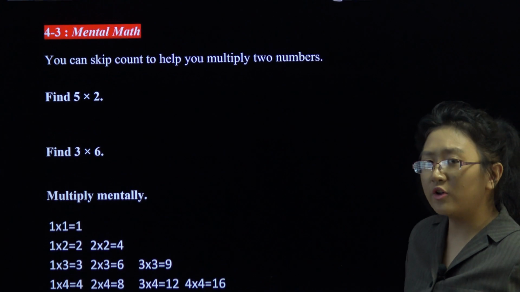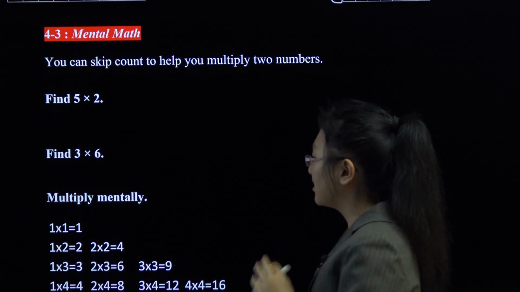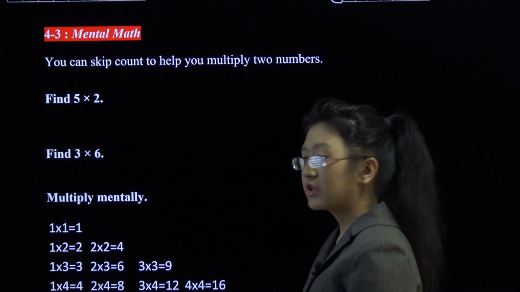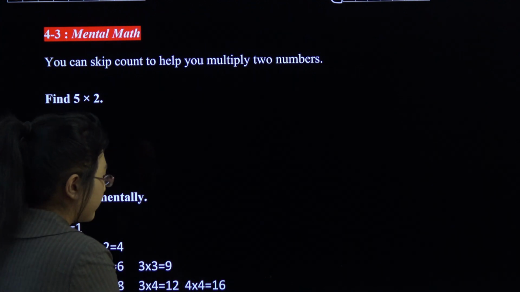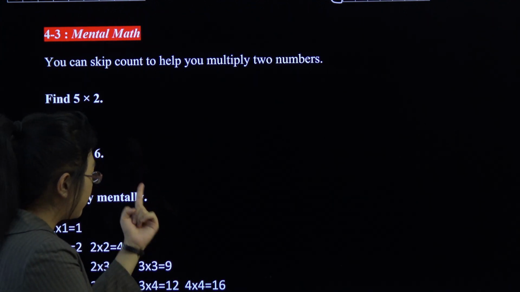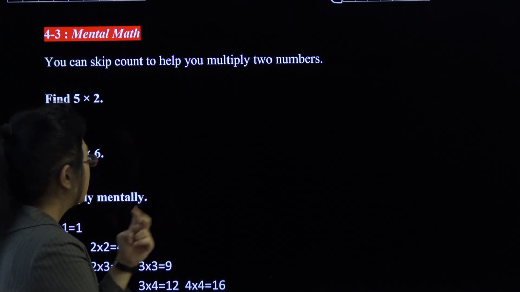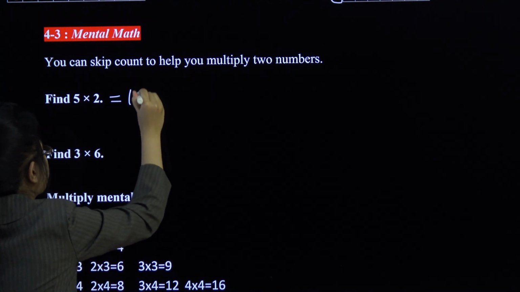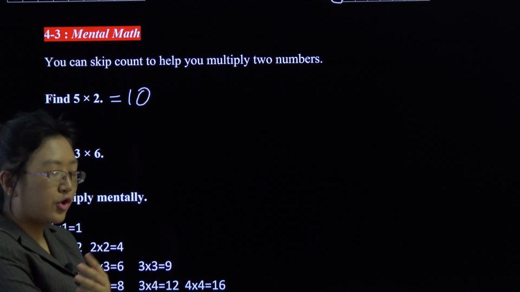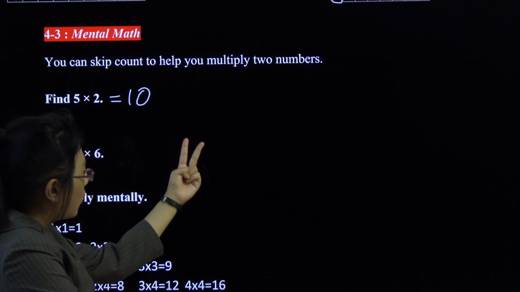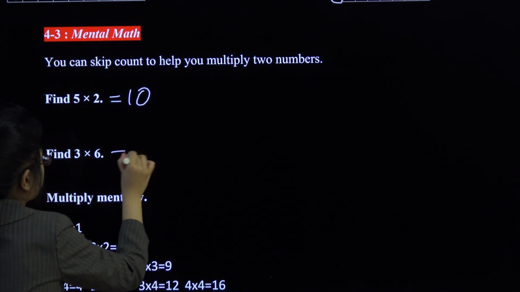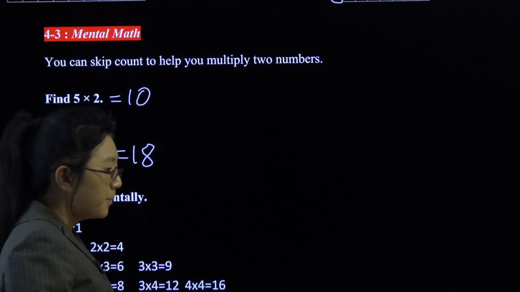So, to multiply two numbers, you can skip count. Say 5 times 2. Well, that's 2 groups of 5, so 5, 10. Equals 10. 3 times 6. You could count by 3s, or you could count by 6s. 6, 12, 18. But,